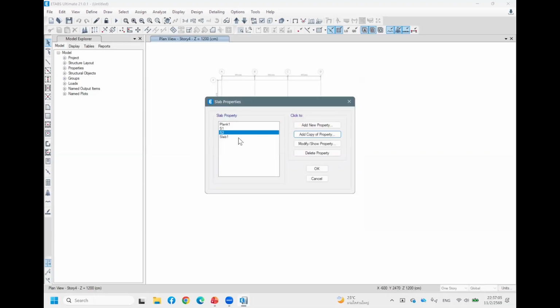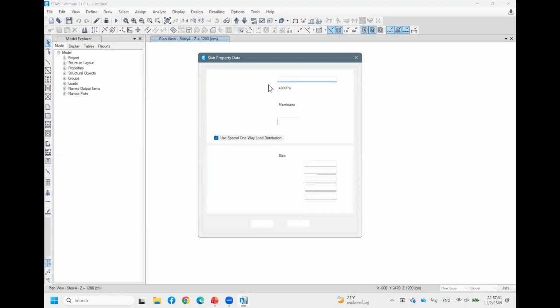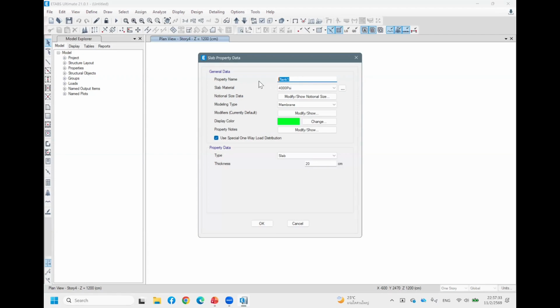How about precast slab or one-way slab like that? To create precast slab, we can create a new material or just use any one here and modify it. It's very easy. Let's say I just use plank slab and modify it. Just change it to precast. So I will say plank, precast